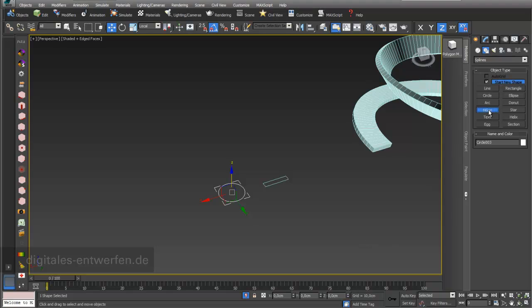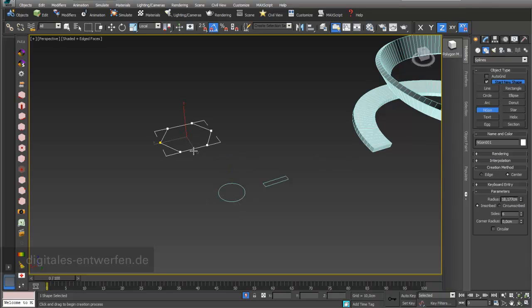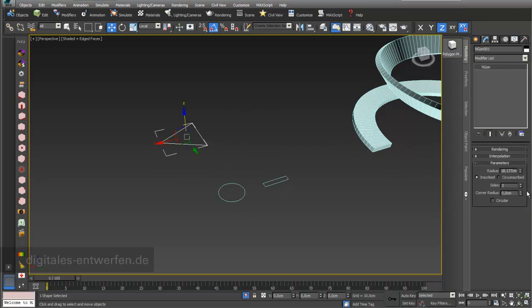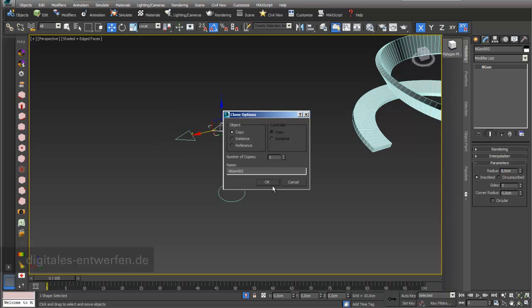I use this n-gon function, and this is first my hexagon, and I go into 3 sides, and with this I do a triangle, I'm sorry. And I do the same, I just copy this. It's a little bit too big actually. Let's use a radius of 8 centimeters, and I just copy this, and I